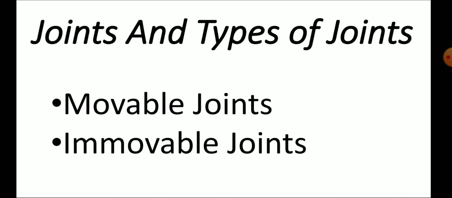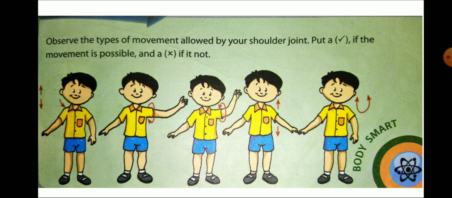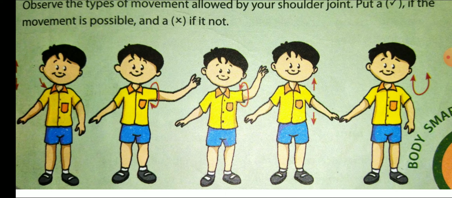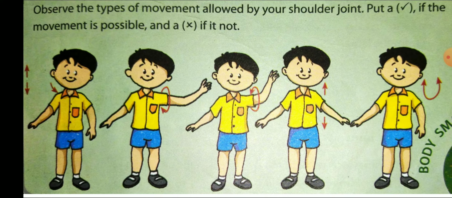See, children, this diagram. Here, the same boy, five pictures are there. The boy is moving different body organs, and arrows are there pointing to different parts, in different directions. See, near the head an arrow mark is there. For the hand, an upward arrow and a downward arrow are there. That means you can move the hand up and down. Here at the shoulder an arrow mark is there that shows the movement taking place in the hand.